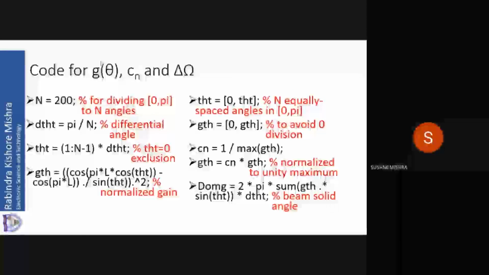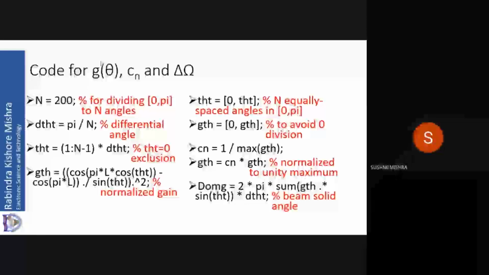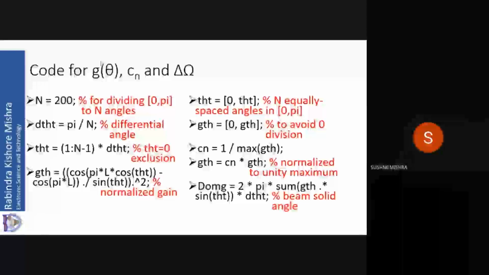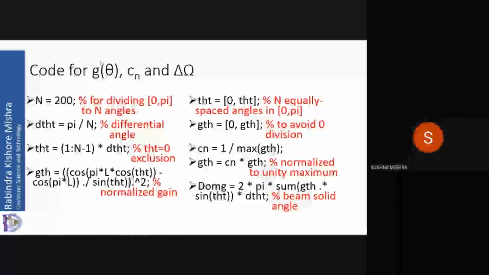Now why am I doing this? Why am I excluding one value of n? That value is theta equal to 0. I am going to exclude that. The reason is, in my expression which is going to be integrated, there is a denominator which is a sine square theta term. Sine theta equal to 0 in the denominator will make it 0. Denominator is 0 squared, so that will give me infinity. So my numerical computation will explode. I will not get any value. That is going to give me an error. I have to take care of that, so I am excluding the value theta equal to 0.